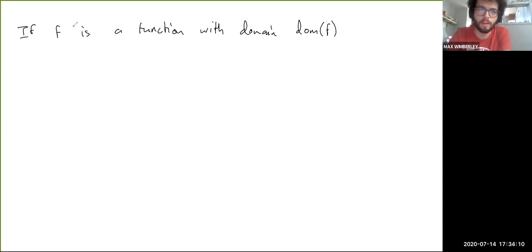And it's some set. Here I don't even want to assume that the domain is a subset of the real numbers, although obviously for our applications, it almost always is. But in this case, just consider it an abstract set, because all of these definitions work for arbitrary functions on arbitrary sets mapping into arbitrary other sets. So if f is a function with this domain, then,